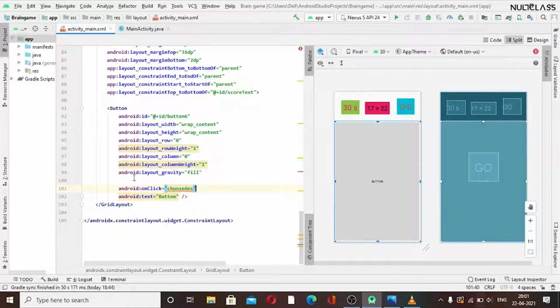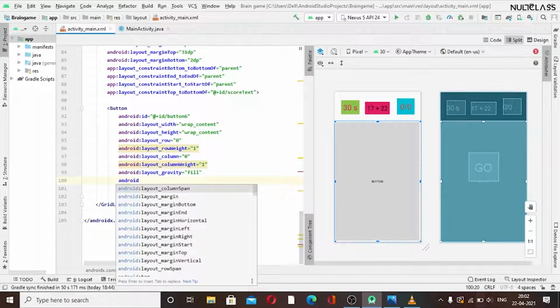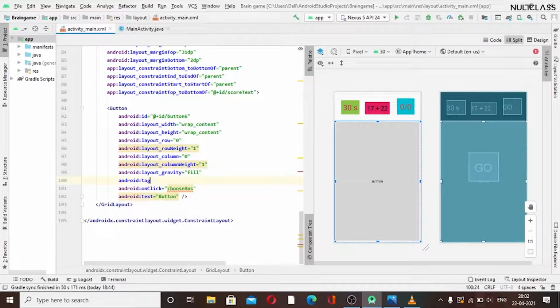We just want to add one thing, which will be tag, because I want to name them separately. Like we want to add 4 buttons, so to avoid any confusion I will be using tag. Okay, so we have the Android tag option here. I think we should use the default one, Android tag. Don't know why it is not coming. Let us just try it again. Here it is. So we will be writing the tag equal to 0, as we will start from 0, then we will go 0, 1, 2, 3.